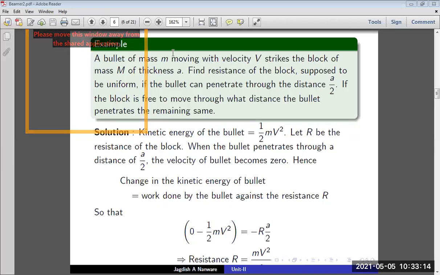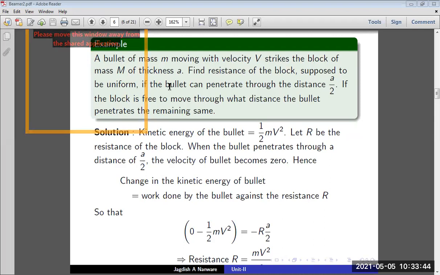So the first example which we are going to discuss today is this one. A bullet of mass m moving with velocity capital V strikes the block of mass M whose thickness is A. Find, so what we have to do here? We have to find the resistance of the block